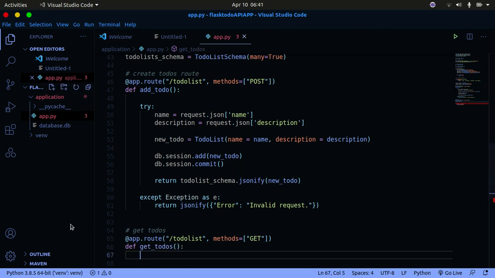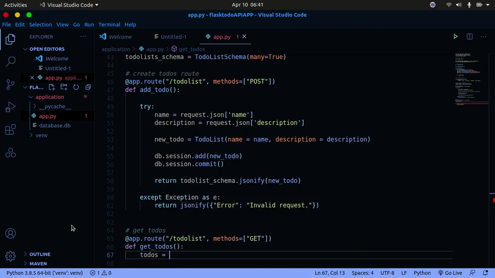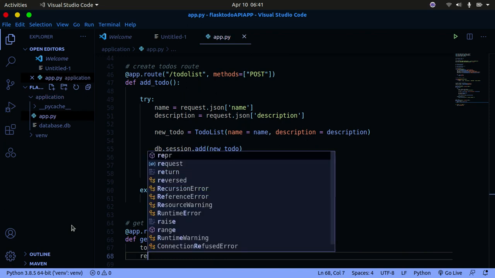do. So we're going to get every to do. So we're going to say todos, and this is going to be TodoList.query. This is to query our database, all. So we're just going to query for all the data, and you're going to now serialize. So I'm going to write result